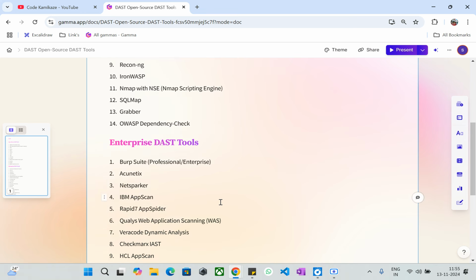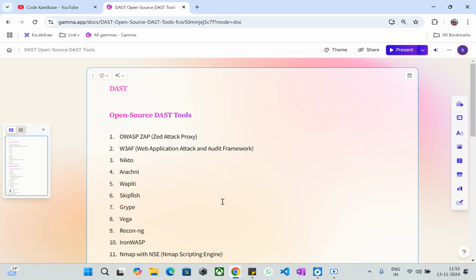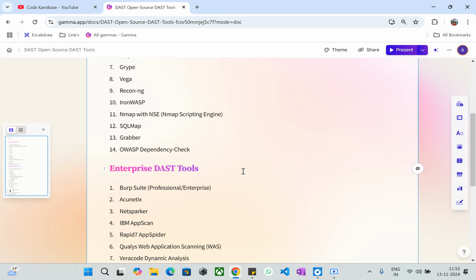There are a few other tools which I missed. If I missed something, if you find it, I request you to drop those tools in the comment section. I'm happy to make a video on this. But as per my knowledge, I brought all these tools, whichever tools we mostly use for open source and enterprise version. So it's up to you guys to choose whichever tools you would like to use for open source, and if